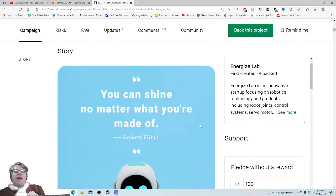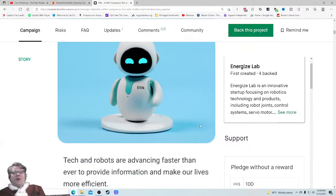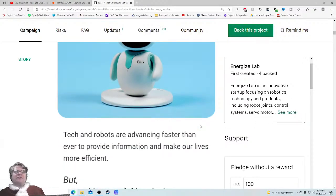"You can shine no matter what you're made of." Robots film. Why the hell is this quote here? "Tech and robots are advancing faster than ever to provide information and make our lives more efficient." Whoa, whoa, whoa. Nothing in that video you showed me is going to make my life more efficient and provide me information